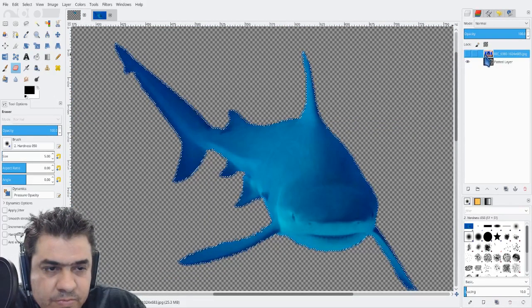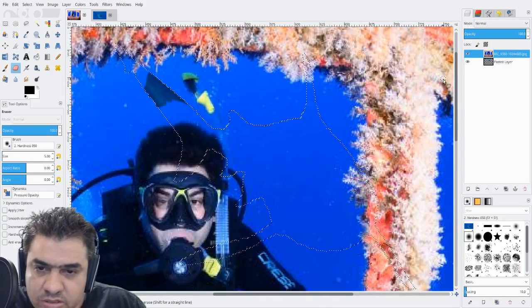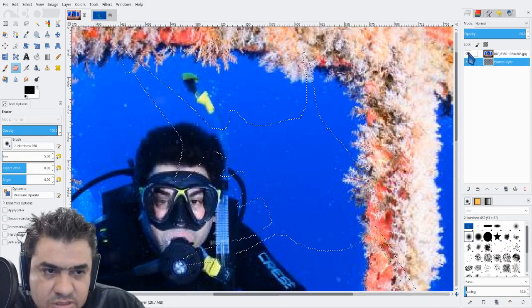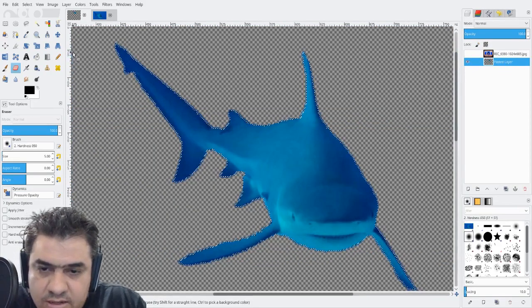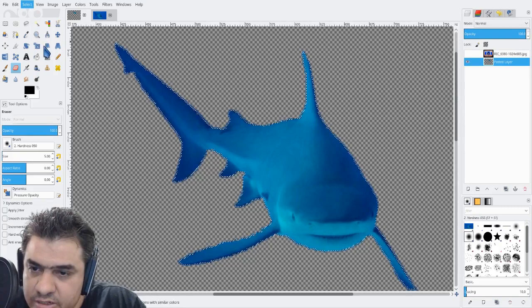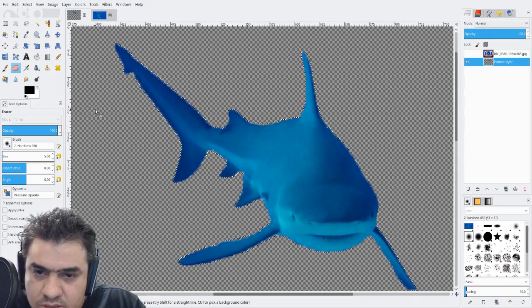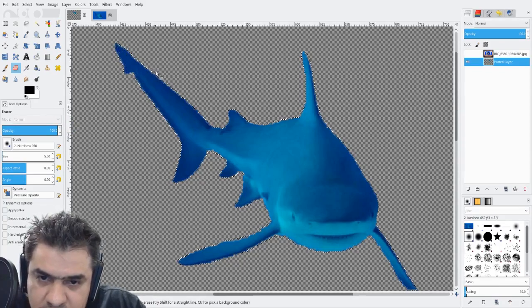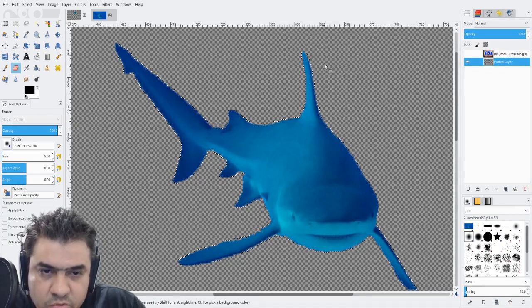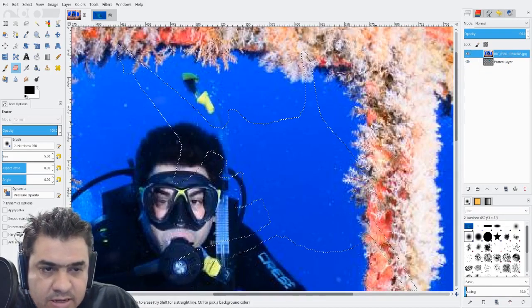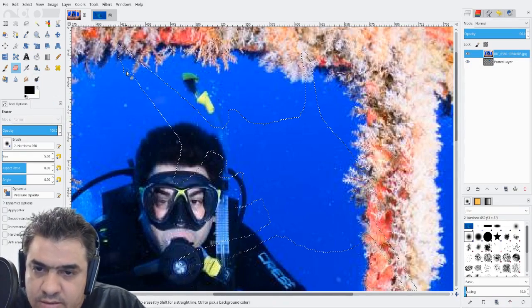So yeah, Ctrl Z, Ctrl Z. Let's grow the selection first. Then we can use selection grow by 1 pixel. Now we are seeing the shark. So we use the selection in this layer, but we change to this layer, and now we can delete, and